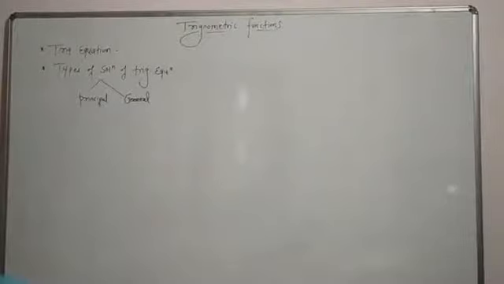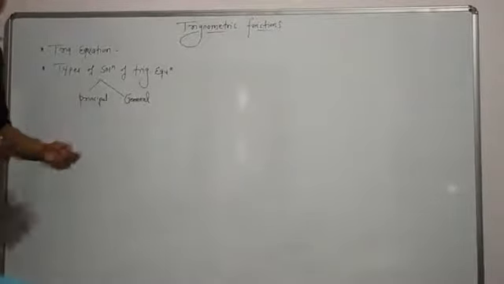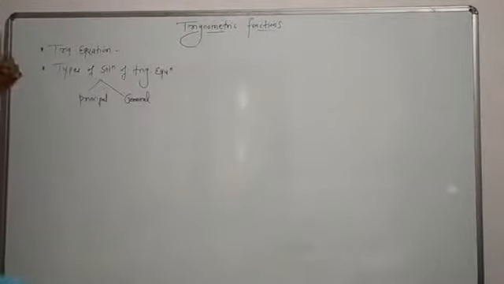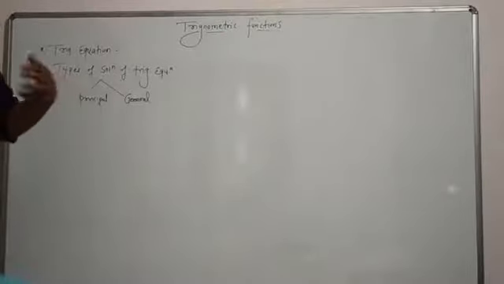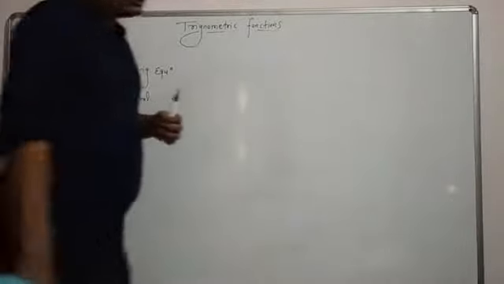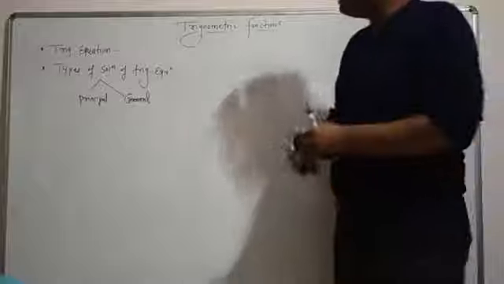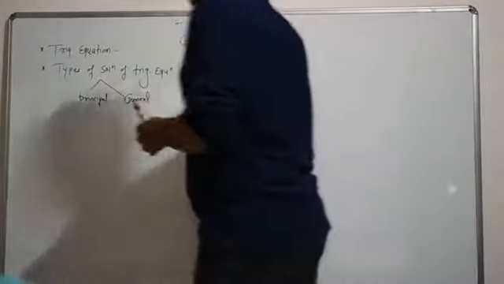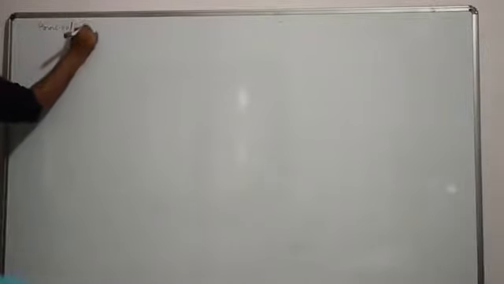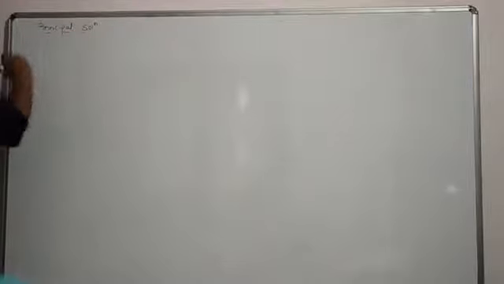Now in the last video we started with principal solution of trigonometric equation, and we had taken one problem on the principal solution, meaning what is meant by principal solution. Now in this lecture we will continue with the examples based on the principal solution. So we will start with principal solution. Your question is, find the principal solution for the given trigonometric equation.